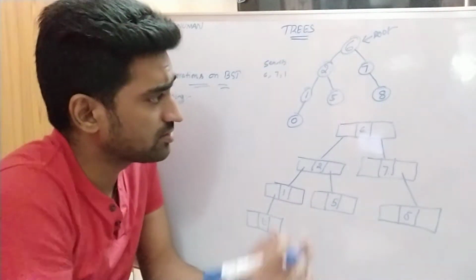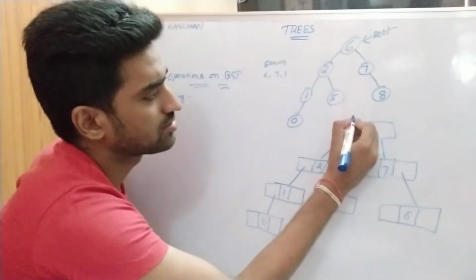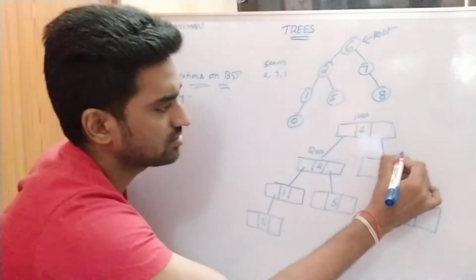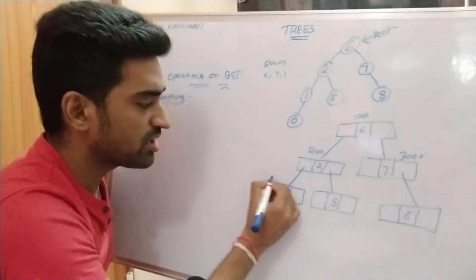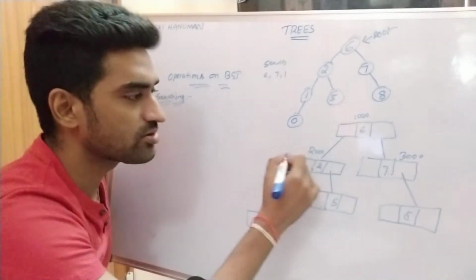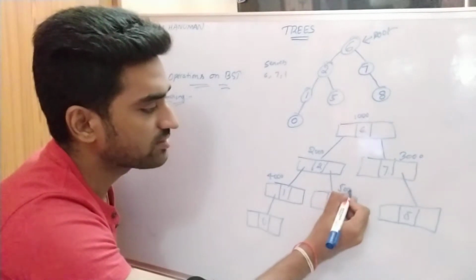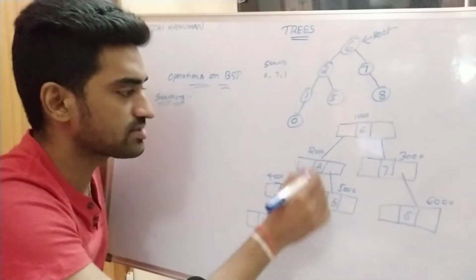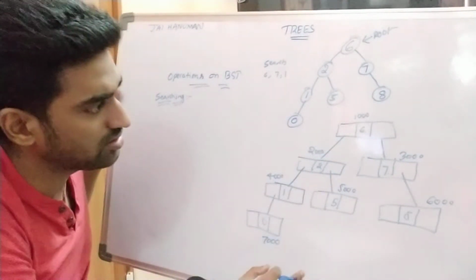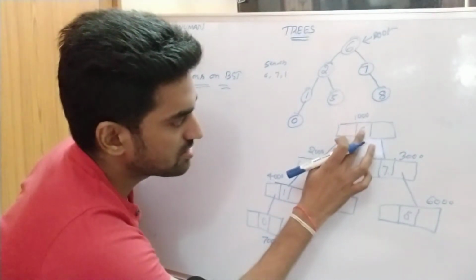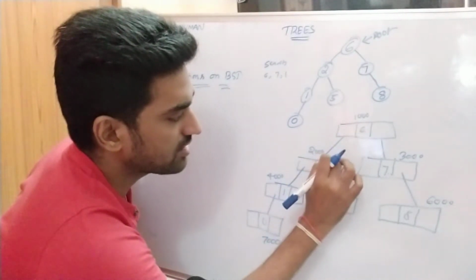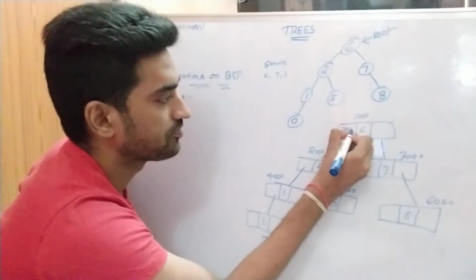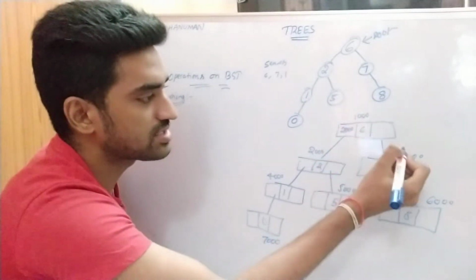Node 6 is stored at memory location 1000. The other nodes are stored at 2000, 3000, and so on. For suppose I am considering 1000, 2000, 3000, 4000, 5000, 6000, 7000; these are the memory addresses allocated for each and every node. Here 6 holds the left child address as well as the right child address. What is the left child address for 6? 2000. What is the right child address for node 6? 3000.